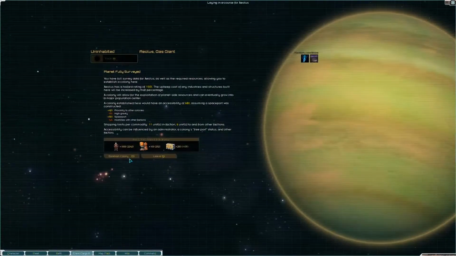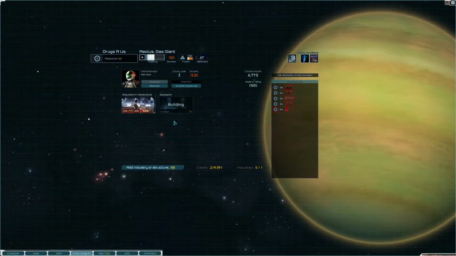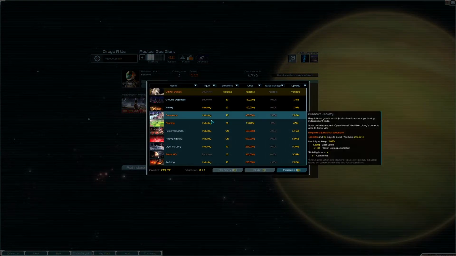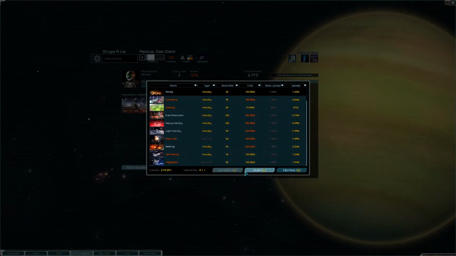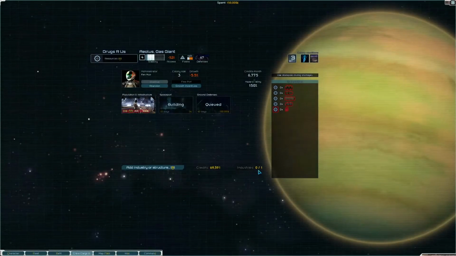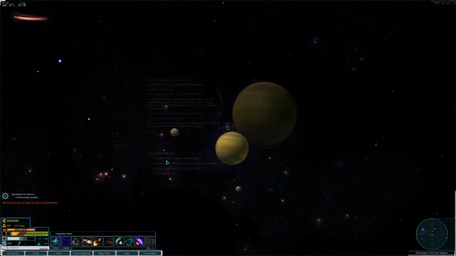Alright, let's establish this colony. We'll just name it this for now. And we can't afford it to do it immediately, but we'll make ground defenses. Yeah, we'll do that first. Okay, and we can't afford anything else. So,